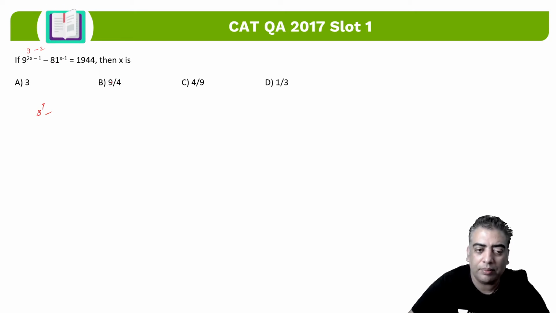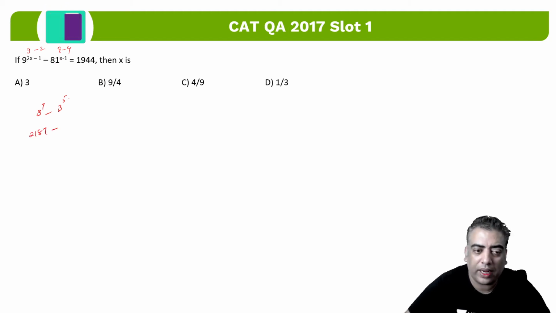So when x is 9 by 4, you will be left with 3 raised to power 9 only and minus 4. So 9 minus 4 in this case comes out to be 5. So now we need to calculate these values. So 3 raised to power 6 we all know is 729. When you multiply it with 3 further, it comes out to be 2187.